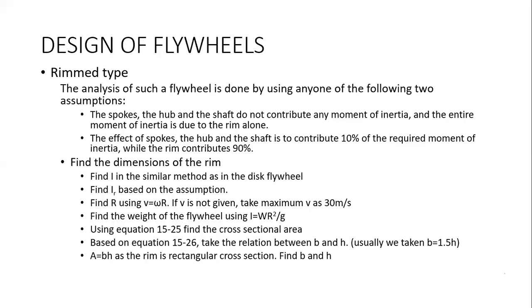So you find the area, and based on the area, just go down. In 15.26, you have the ratio of B by H. You can assume any one of that. You can take B equal to H, even B equal to 1.5 H, B equal to 2 H, up to that. You can see in the figure what B and H are, the cross-sectional size. So we take it as a rectangle. The area of a rectangle is B into H, which means